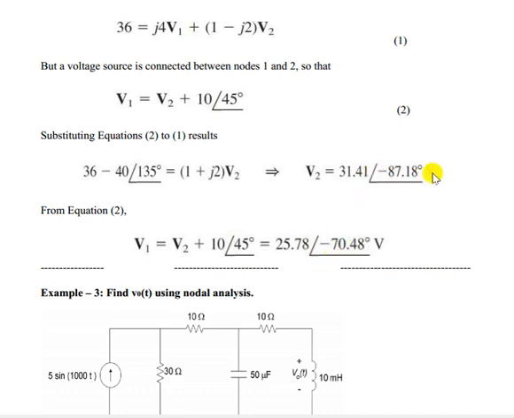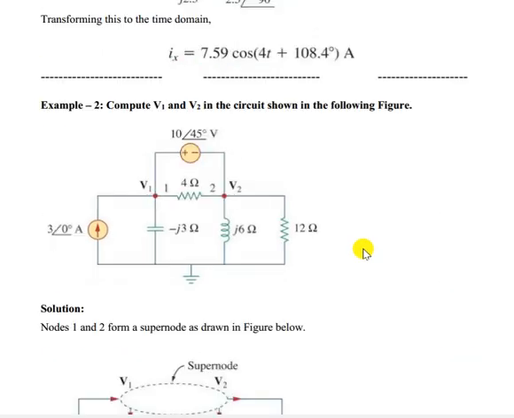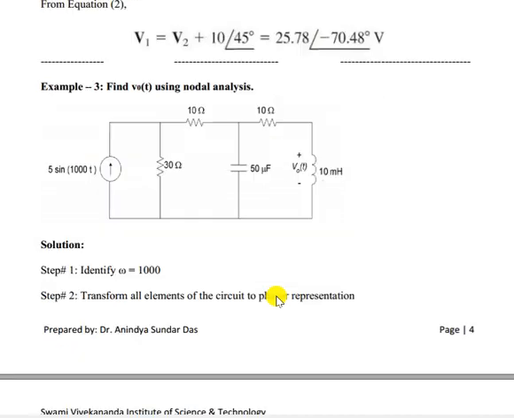Now always write the unit of the voltage, volt, and for current we have to write the unit as ampere. Don't forget that. Now, the next problem: apply nodal analysis again to find V0(t), that is the voltage across this inductor. This is sine of 1000t, that means omega equal to 1000, sine of omega t, so omega equals 1000.